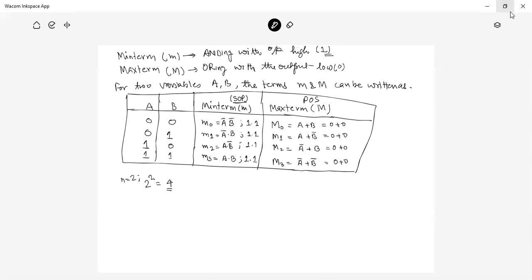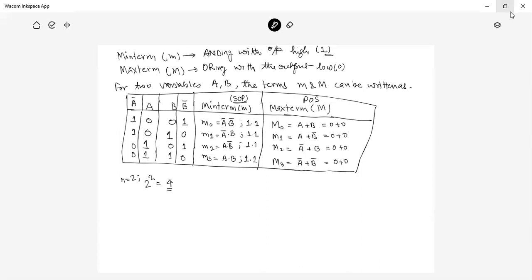Now we have to have the min term, that is m0, output must be 1. So A is 0, so A bar is 1. Here B is 0, so B bar is 1. So if you like to visualize this one, we can see this way. If it is A bar, so A bar is 1, here it is 1, and here it is 0 and 0. Here, if you visualize B bar, this is 1, this is 0, this is 1, and this is 0. So for 1, 1, we take A bar, B bar.